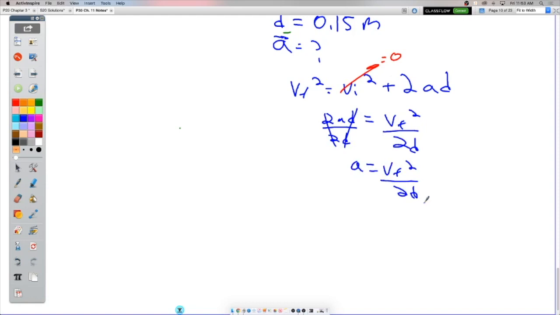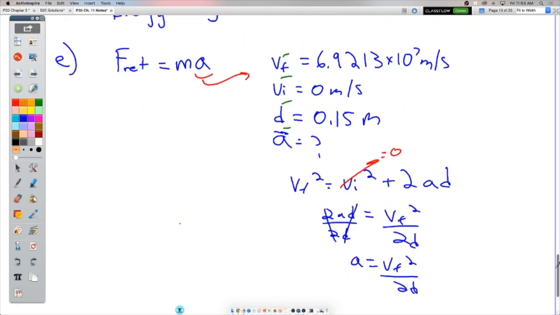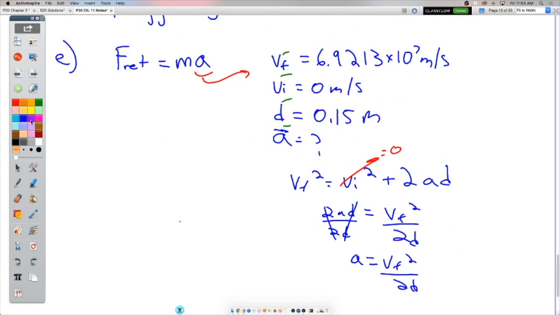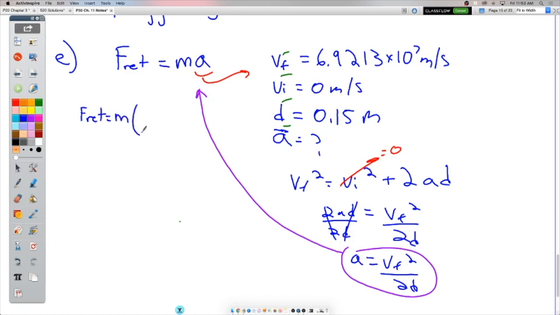Okay, now we want the force that would cause that acceleration, right? We know all that stuff. So let's take that expression for A and stick it in here. F net, yes, it equals MA, but A is VF squared over 2D. So the force exerted on the ions while they are accelerated through this field would be the mass of an ion, so per ion, this is the force they're going to feel,